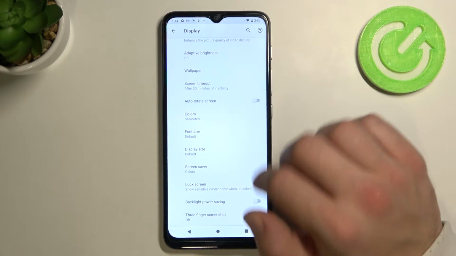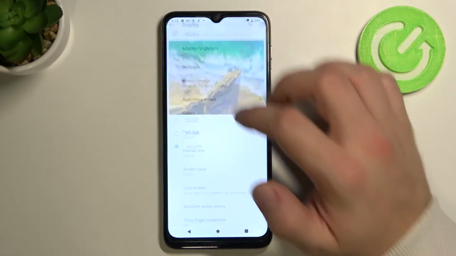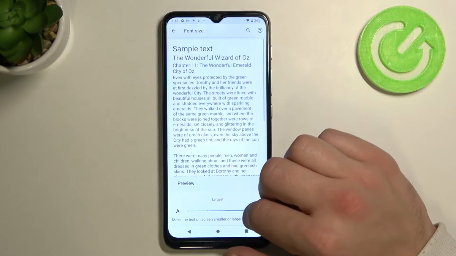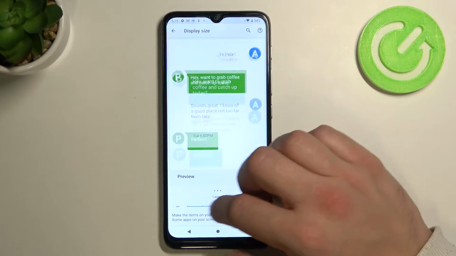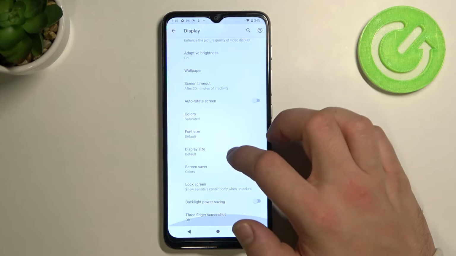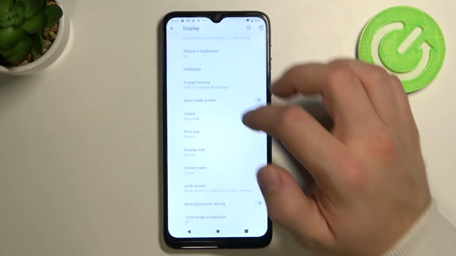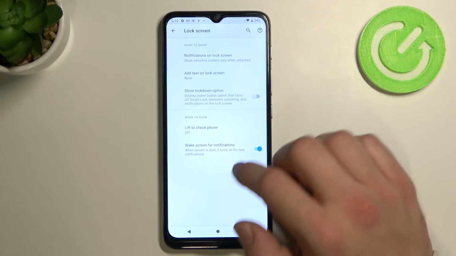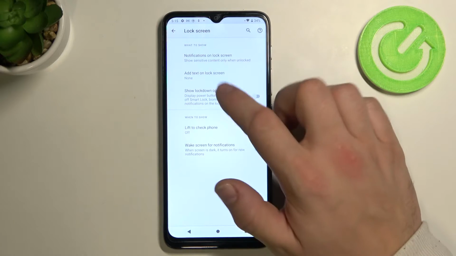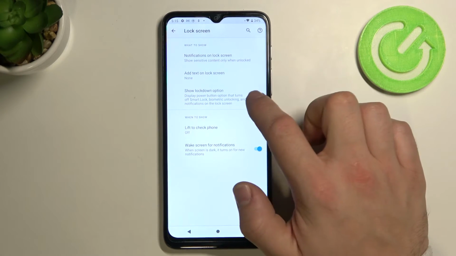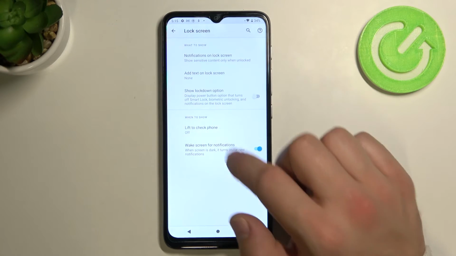We can set auto rotate screen, change color mode, font size, display size, screensaver, lock screen. In lock screen we can adjust notifications, text, show lockdown options, lift to check phone,